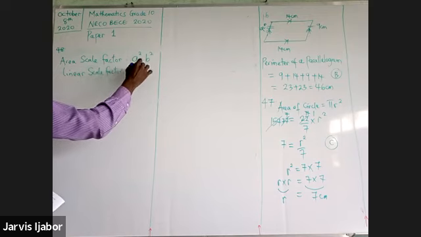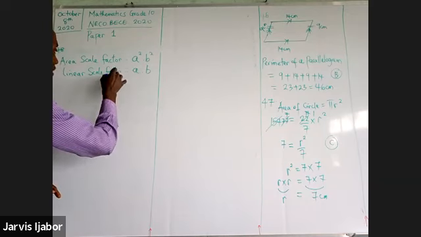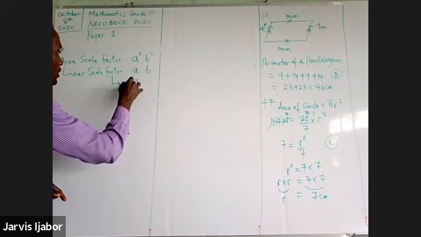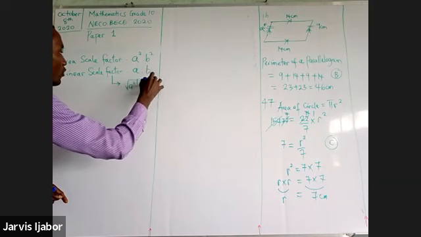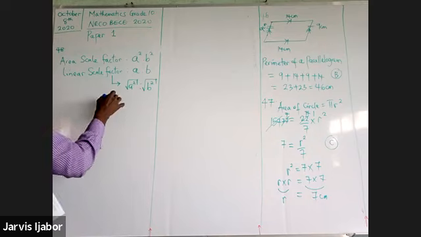Mean that your linear scale factor is from a is to b. So how do we move from square to the ordinary number? We need to look for the square root. So we can also say that this one is as saying the square root of A squared is to the square root of B squared. And according to the question, we are told